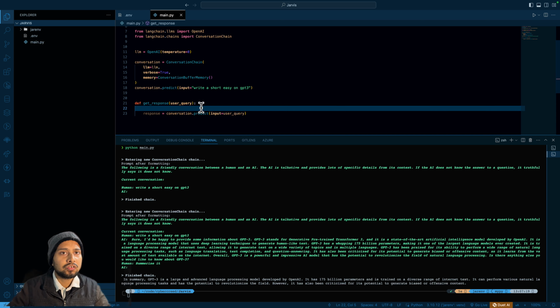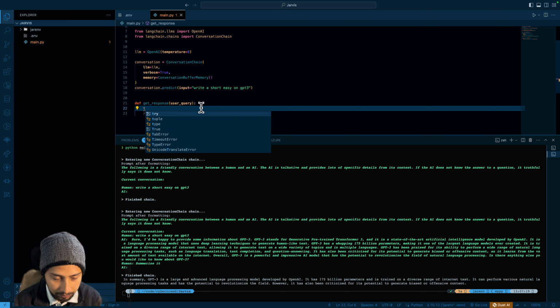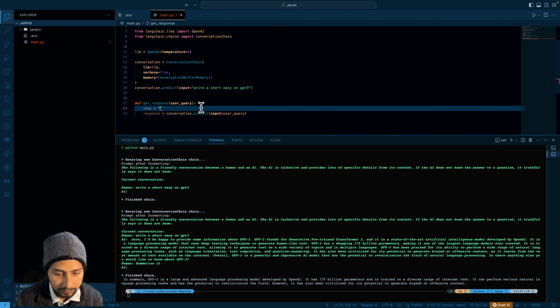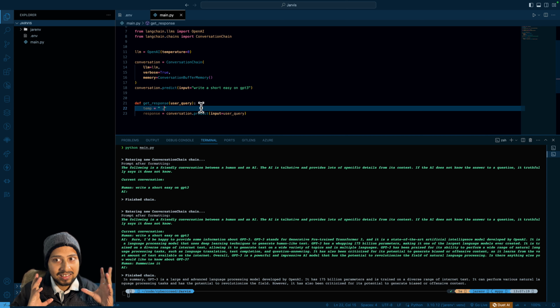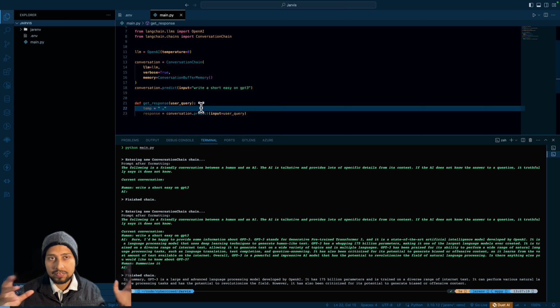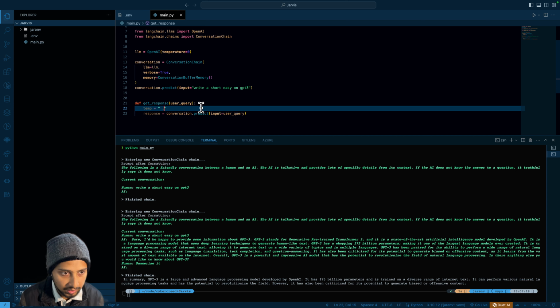But while talking with Jarvis, we need faster answers, smaller answers. So for that, a trick we can apply is we can simply create a temp and say, let's suppose the user asks to provide a short summary about India. It should not write 500 words and try to speak 500 words. It will be just boring. If you think it is not going to be boring, you can just skip this step, and it will be completely fine. But here we want short and precise answers, so we have to say